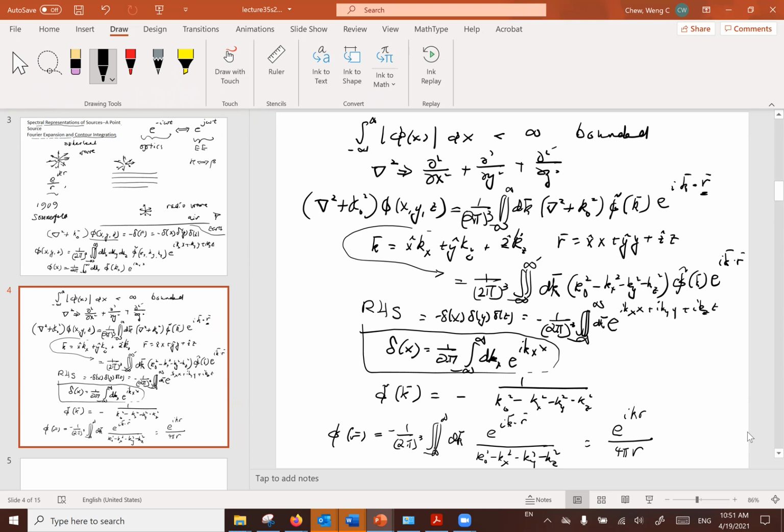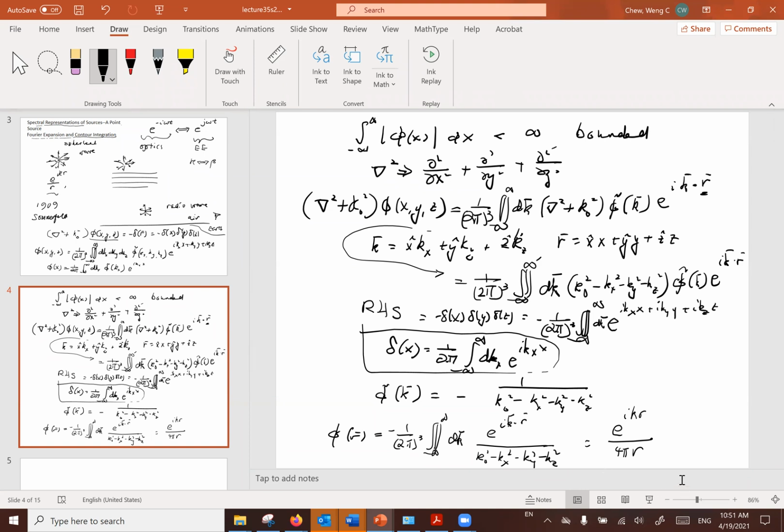Okay, this should be equal to this. But this is wonderful. The left-hand side looks like plane waves. The right-hand side is a spherical wave. We're almost there. We say that a spherical wave is not commensurate with the layered medium problem, so we would like to find a plane wave expansion of this spherical wave. We are almost there, and in the sense that this is not truly a plane wave because it's a Fourier